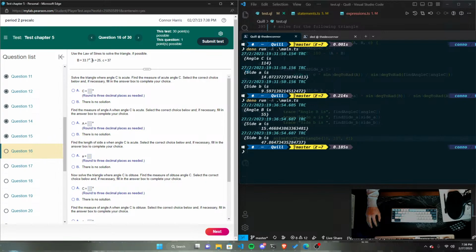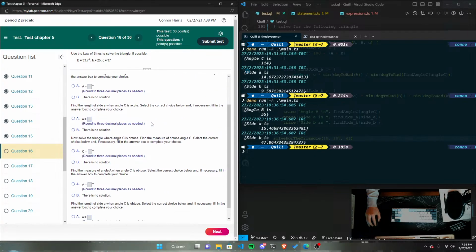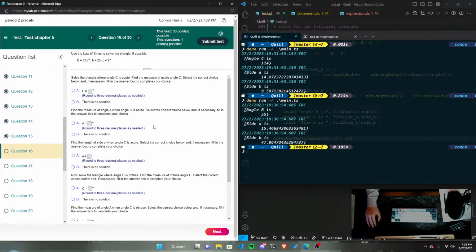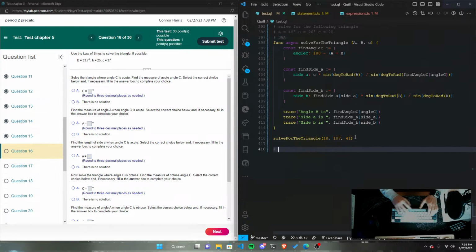So we have side, angle, side. We want to use the law of sines to solve the triangle if possible. Okay. So this was for side angle. Now we need to solve for side angle side, which I think we already did, just without those values. So we'll use these values here. B